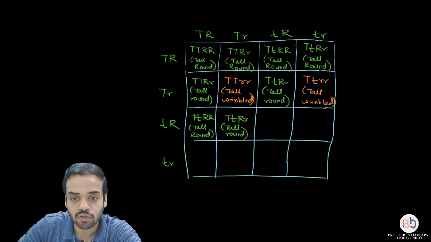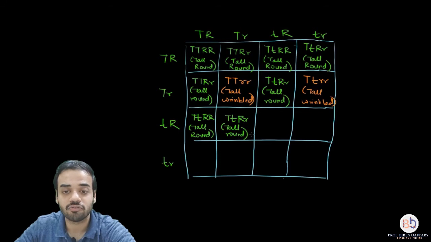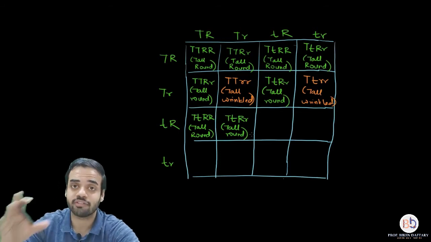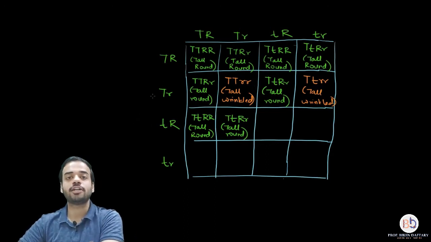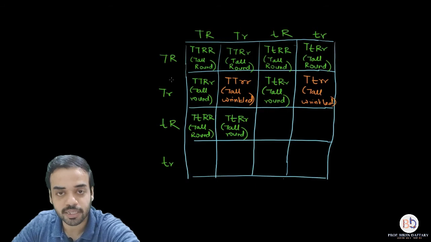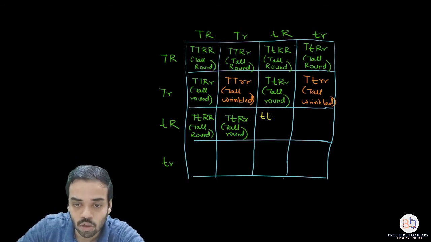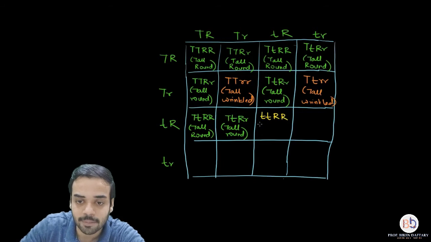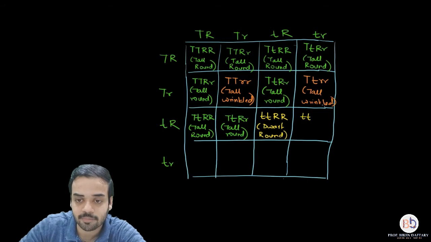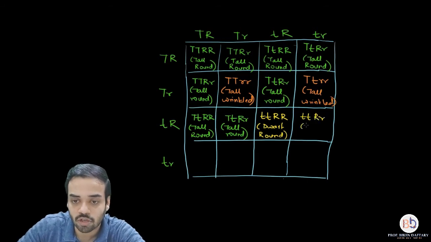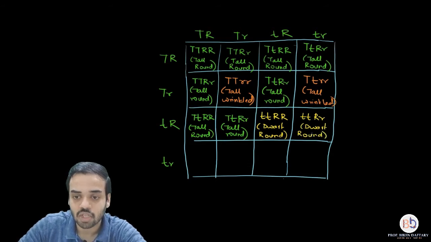So out of the 10 offsprings that we have got right now, we have got 8 of them which are tall, round. So they are obviously the most dominant type of offsprings. Now the next one is going to be small t, capital R, that is a new type of offspring. Let us write down with yellow color. So small t, capital R is dwarf and round. That is the first time this phenotype has come. So we have written it down with a different pen. Again the next one will be the same, small t, capital R, small r, which is again dwarf and round. Please remember this. So 2 dwarf rounds.